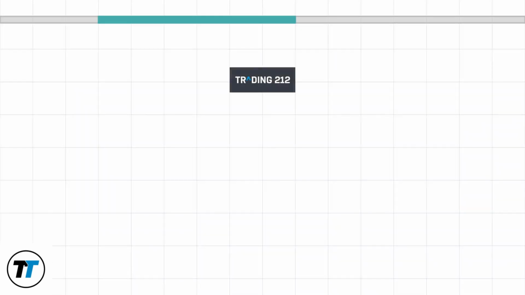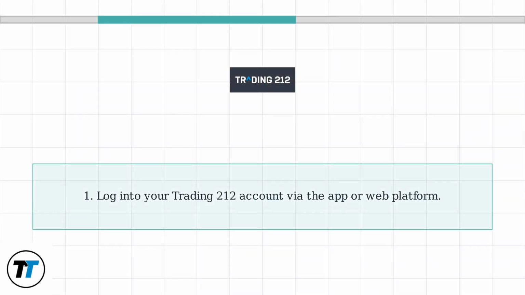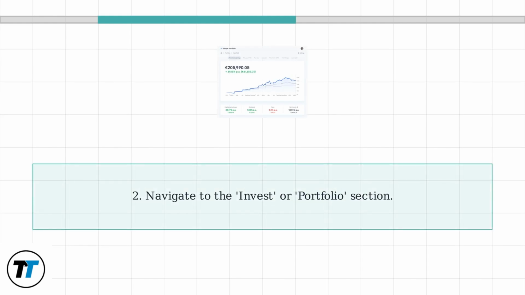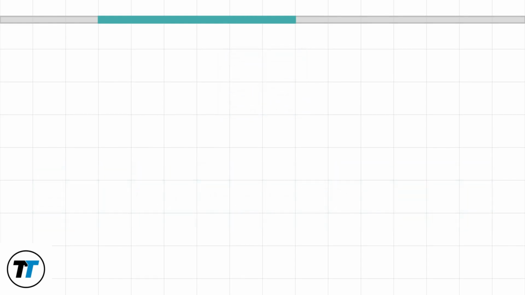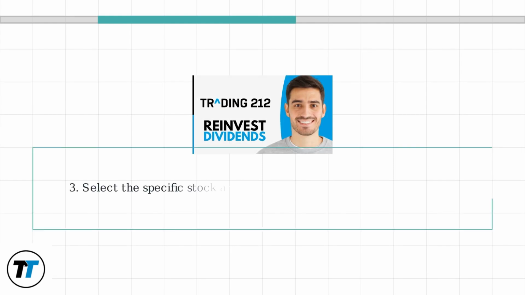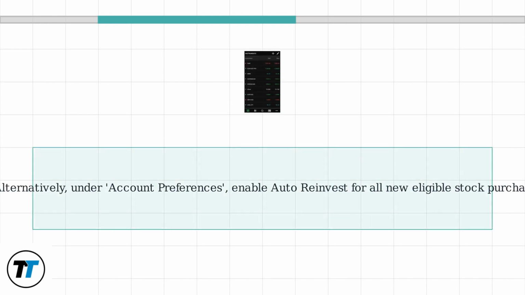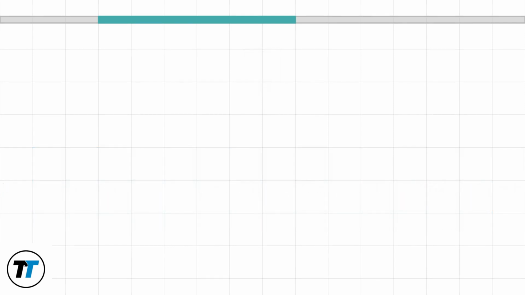To enable dividend reinvestment on Trading 212, start by logging into your account through the mobile app or web platform. Next, navigate to the Invest or Portfolio section, where you can view your holdings. Select the specific stock you want to enable DRIP for, then toggle the dividend reinvestment option to On. For convenience, you can also enable Auto Reinvest globally under Account Preferences to automatically apply it to all new eligible